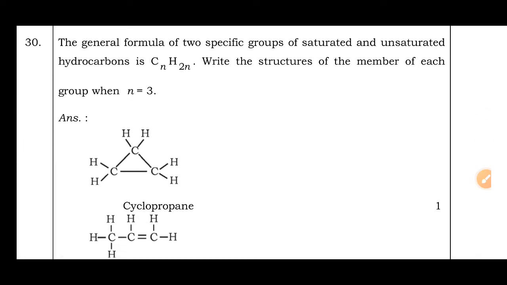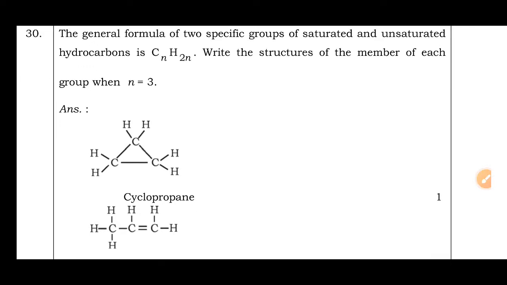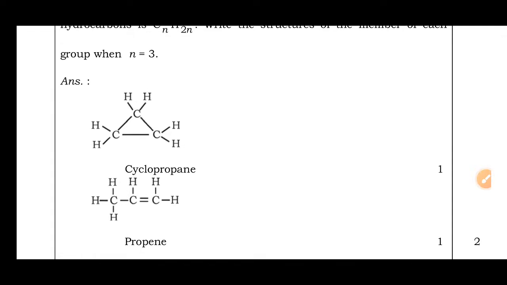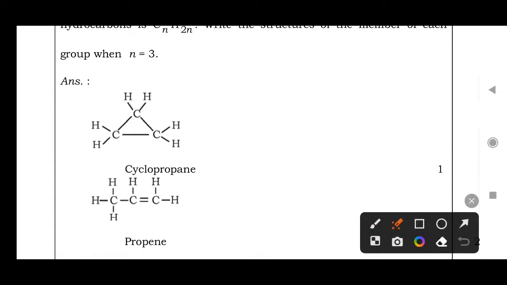Next, question number 30. The general formula of two specific groups of saturated and unsaturated hydrocarbons is CnH2n. Write the structures of the members of each group when n is equal to 3. Then see here, n is equal to 3, where